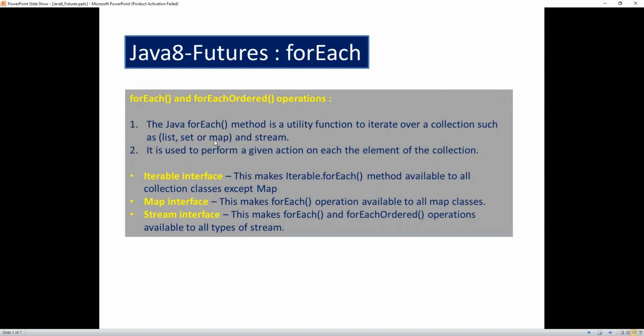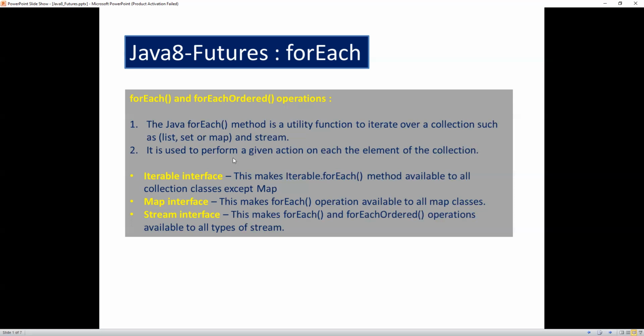Whenever we are traversing map, list or set elements, and we can use a stream also. Streams are also one of the new features in Java 8. A stream is nothing but a way of manipulating collection data. Whenever we want to iterate the data through the collection, we can use this forEach. How we are going to iterate, and what the examples are, I will provide in the next session. In this session I am just highlighting what the Java features are.